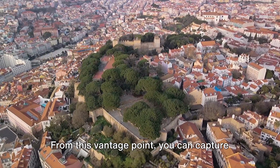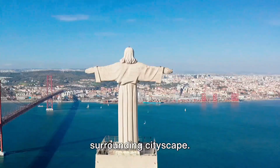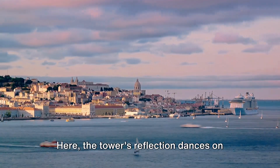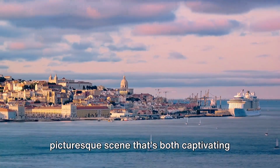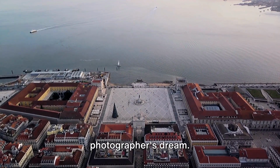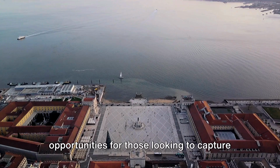From this vantage point, you can capture awe-inspiring panoramic shots of the Tagus River, the 25 de Abril Bridge, and the surrounding cityscape. Just a stone's throw away from the tower, the riverside offers another fantastic photo spot. Here, the tower's reflection dances on the water's surface, creating a picturesque scene that's both captivating and serene. With its stunning architecture and breathtaking views, Torre de Belém is a photographer's dream. It's a place where history and beauty intertwine, offering countless opportunities for those looking to capture the essence of Lisbon